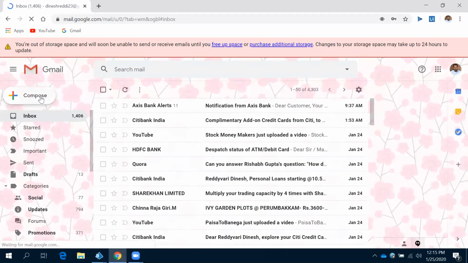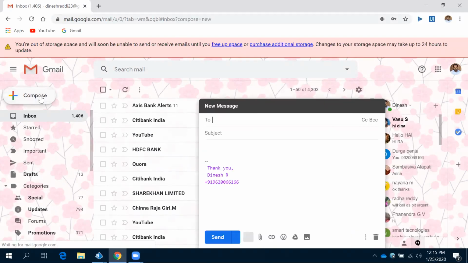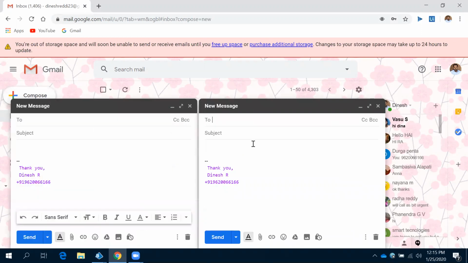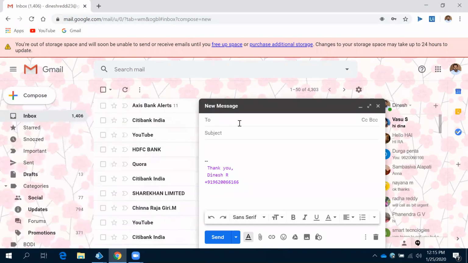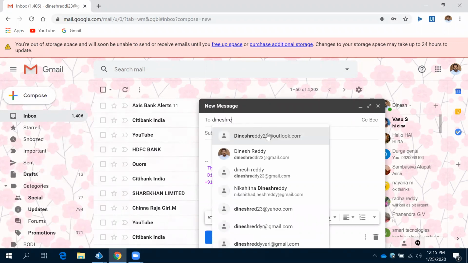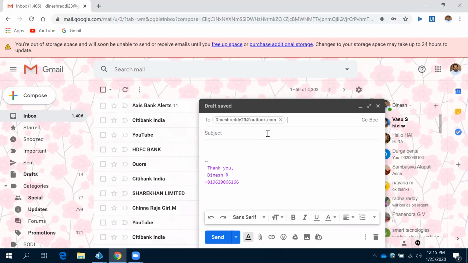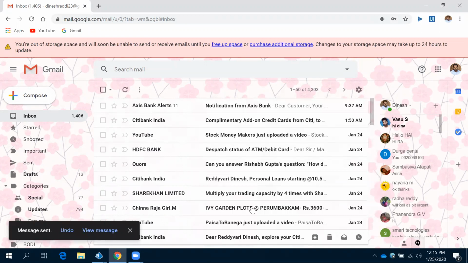After that, if I want to compose an email, I need to click on compose, mouse click. After that, again click, and then I need to give the email ID. Let's say I have given the email ID, and then I need to type the subject, right? Again, I need to type in the body. We'll type some info, and then if you want to send, you are going to click on send email, right?